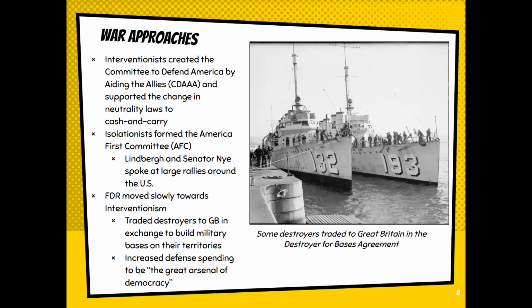our allies, wanting to bring weapons of war to those countries, which would be a violation of neutrality laws. I talked before about isolationists creating the America First Committee. And FDR is moving towards interventionism. He is calling for changes to neutrality laws, like trading destroyers to Great Britain. So destroyers like these in this picture here, giving these to Great Britain. These are tools of war, which would have violated the Neutrality Acts. They're beginning to change those to help our allies.